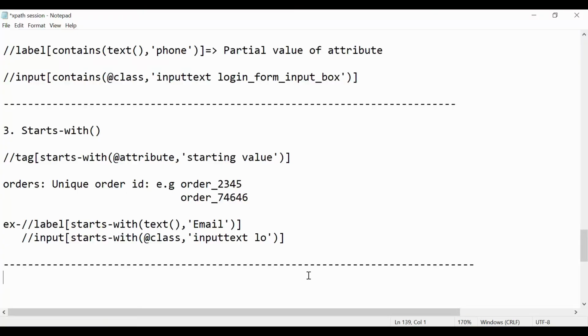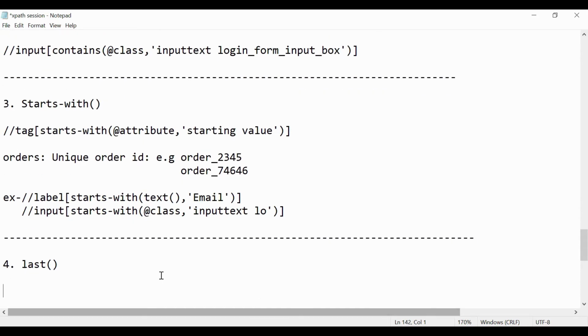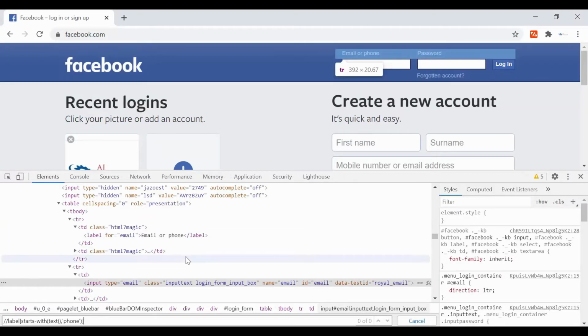Okay, so next we will see the last function. Sometimes it's very useful. So how can it be used? To understand the last function, let me first tell you what indexing is. So for example, if you come here,